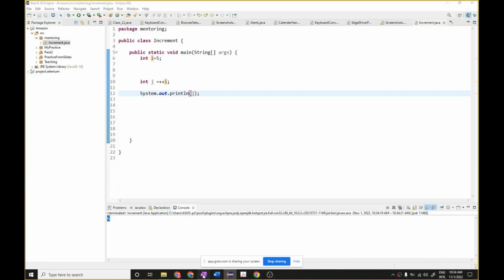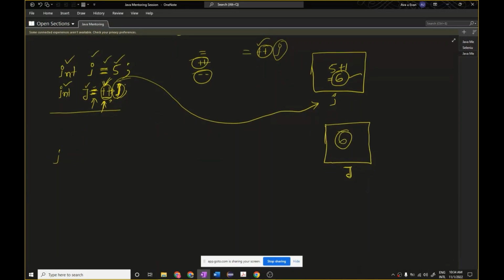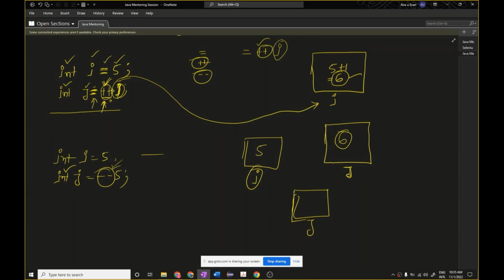So if you want to think about decrement, doing the same thing, suppose int i = 5 and int j = --i. Same thing, making a box, putting the value 5, it is I, good till now. And after watching int, he is making another box j. Assignment operator, he wants to assign something, he will search for a variable, but with the first command he hasn't got any variable or value. So he is saying okay, I haven't got any variable value, but